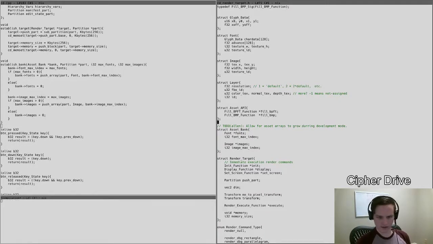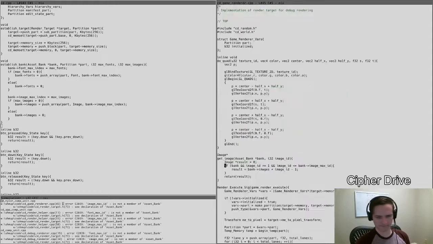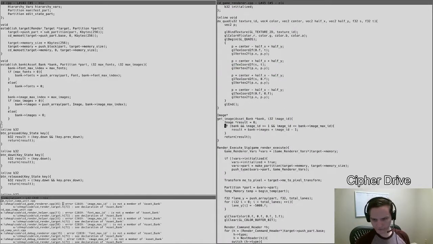Right now that's not built into the system. Alright, so this is get image by index, and let's just see, whoops, max index,